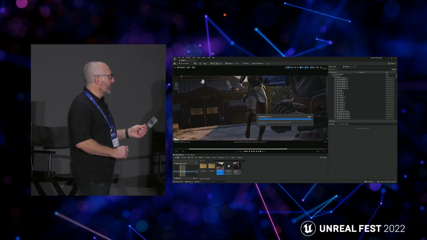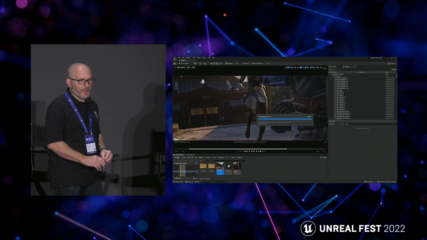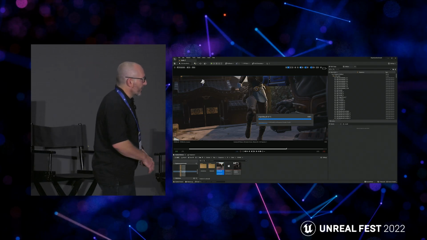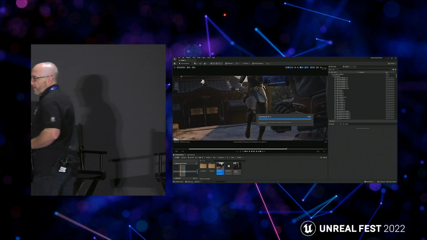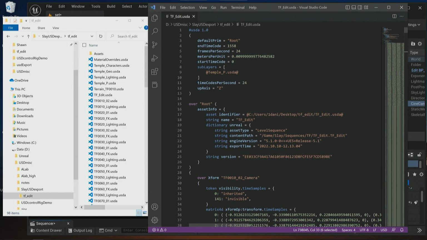But what's nice about it is that you can get out a landscape, so if you're passing that off to other DCCs, you have the ability to get that out.